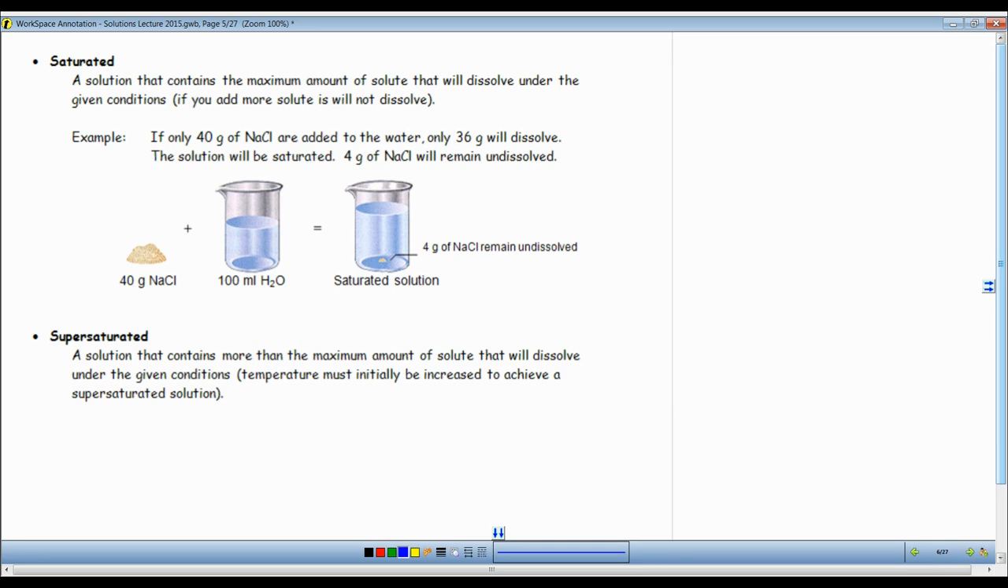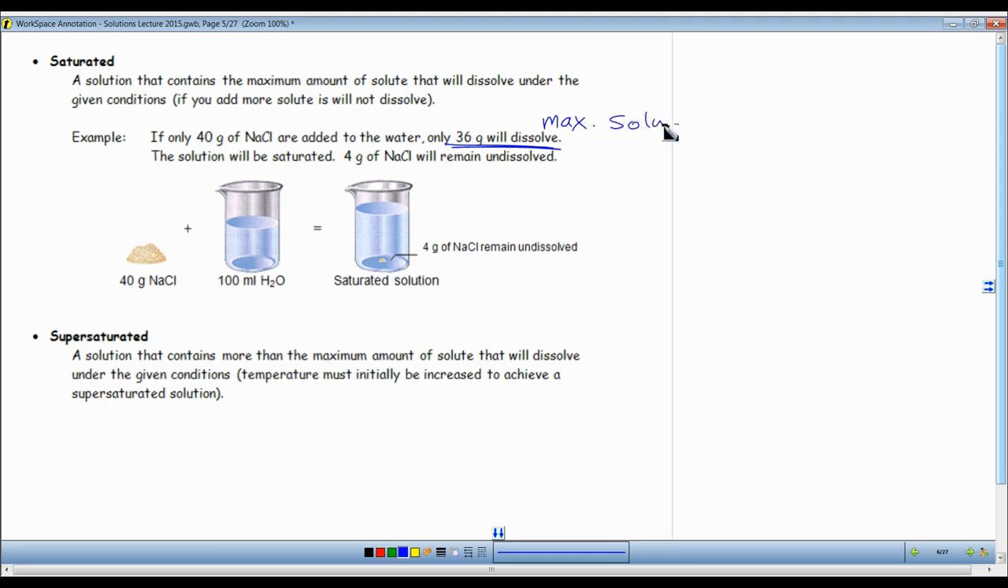So then a saturated solution does contain the maximum amount of solute that dissolves under those conditions. If you add any more solute, which in this case is our salt, it will not dissolve. So if 40 grams of sodium chloride are added to the same 100 milliliters of water, only 36 will dissolve. That 36 was the maximum